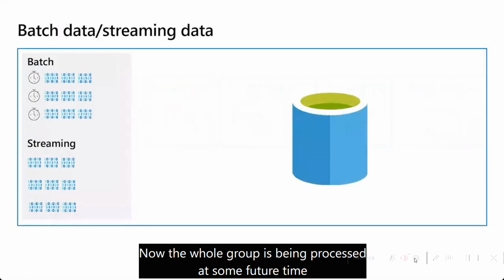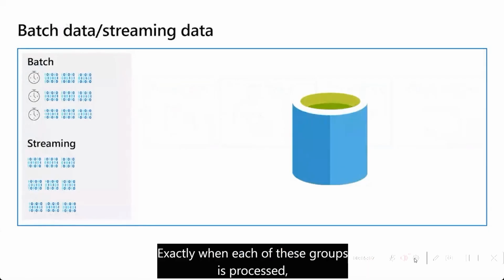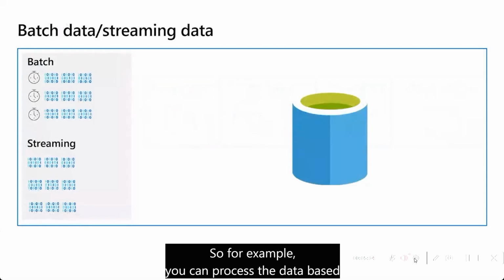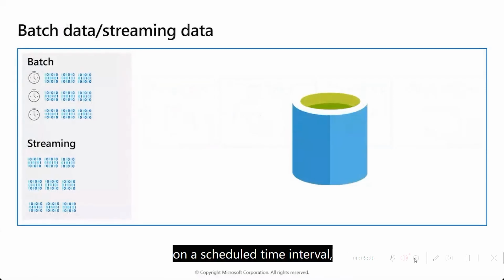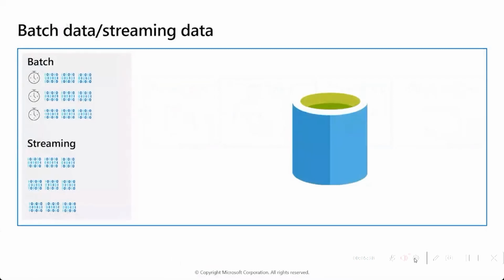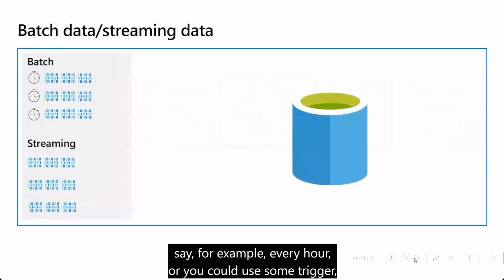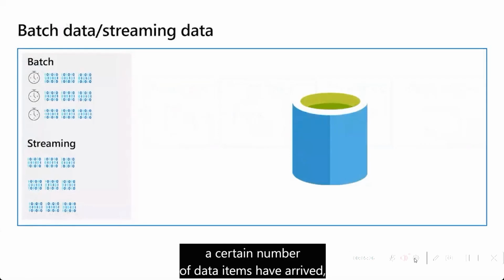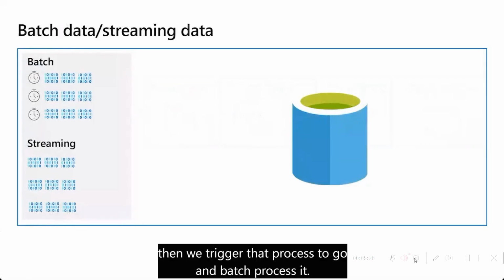Now, the whole group is then processed at some future time as a batch. Exactly when each of these groups is processed can be determined in a number of ways. So, for example, you can process the data based on a scheduled time interval, say, for example, every hour, or you could use some trigger. Say, for example, when a certain number of data items have arrived, then we trigger that process to go and